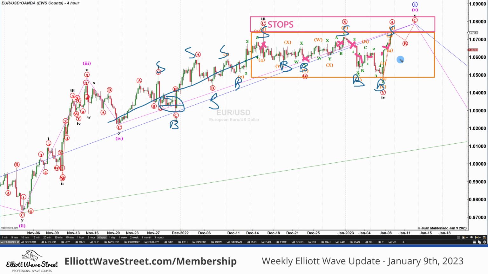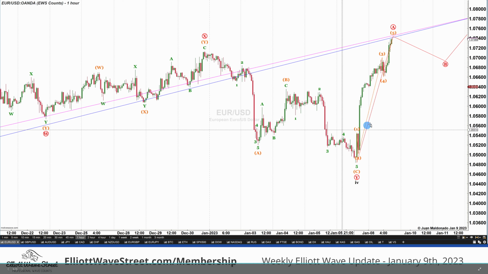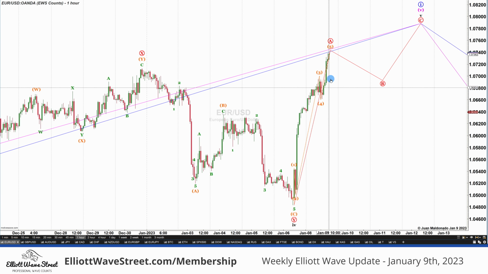So currently, the euro is going to take out those stops, is moving up pretty fast. You don't want to short when you have that type of price action. And today, I want to develop this strategy, how to sell the euro this week. So let's start. This is the hourly chart. On the hourly chart, we are seeing a strong leg up.